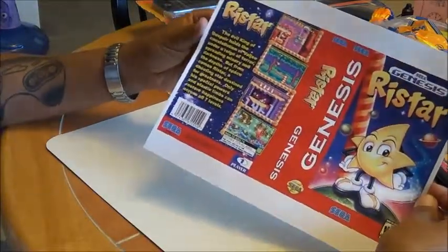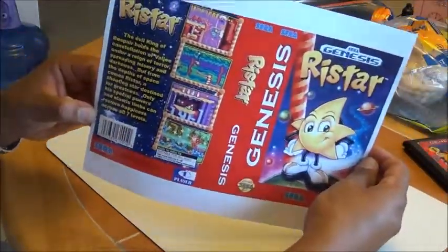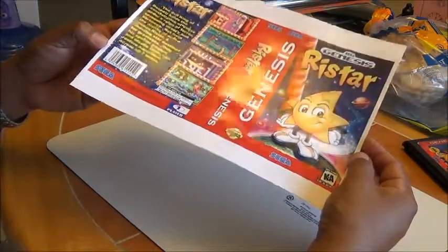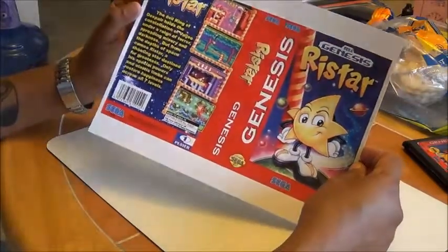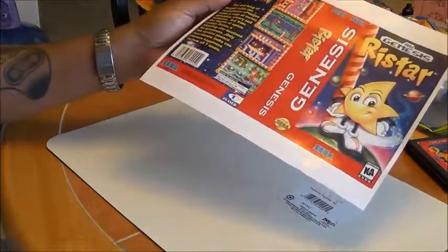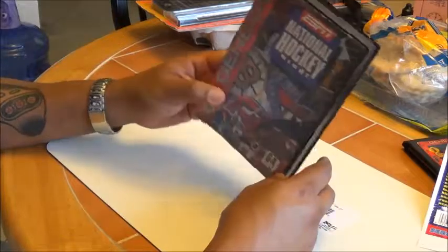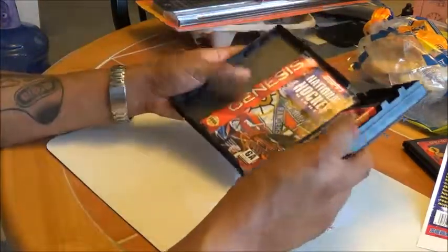I picked the most expensive glossy type quality paper there. So I think I got it for about 85 or 88 cents. You can probably see on the camera that the quality is pretty good. And we're using, of course, a donor game or a donor case, if you want to call it that. Typically it's going to be a sports title. In this case it's ESPN National Hockey Night, which I used to have complete in box,